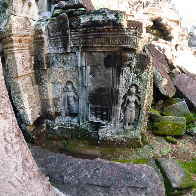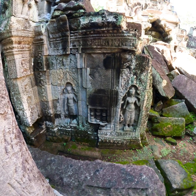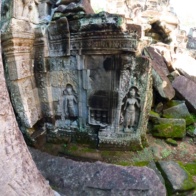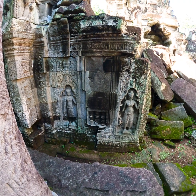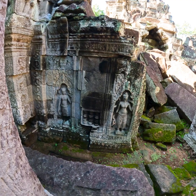Many images like these in the temples, you can see they're quite deeply carved. Until even recently, people would come along in the middle of the night and cut these out and steal them. There's a bit more security around the temples today, but it's only recently that people were still stealing